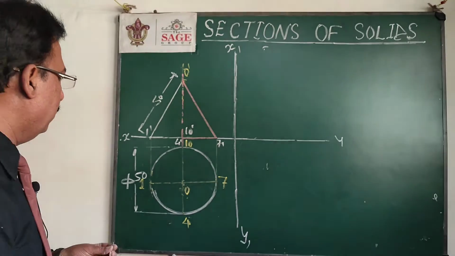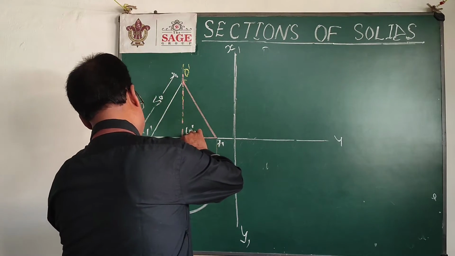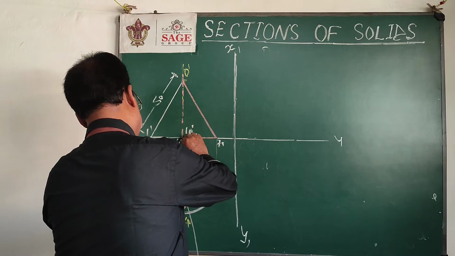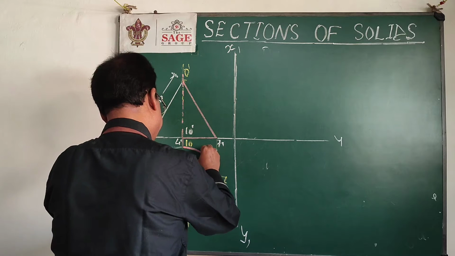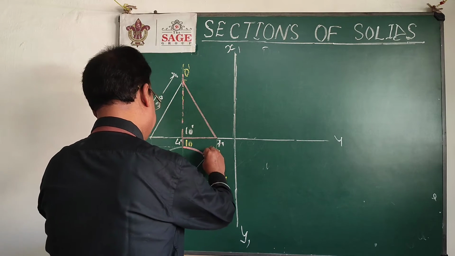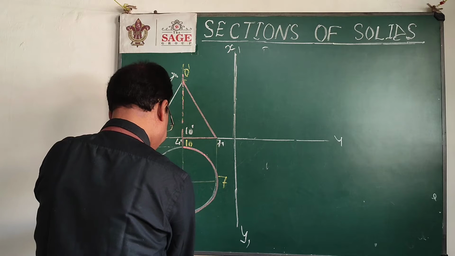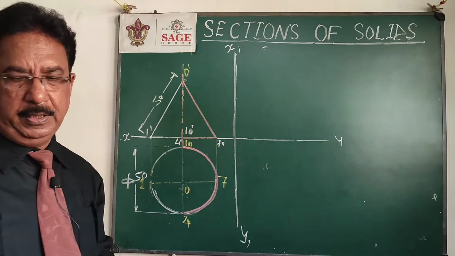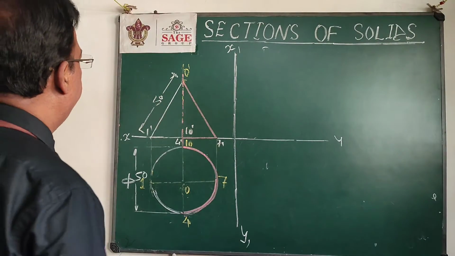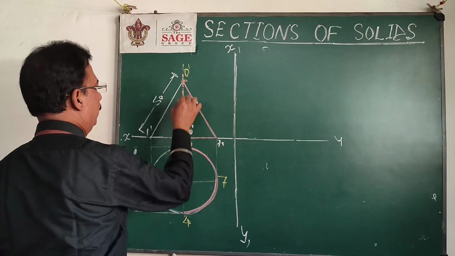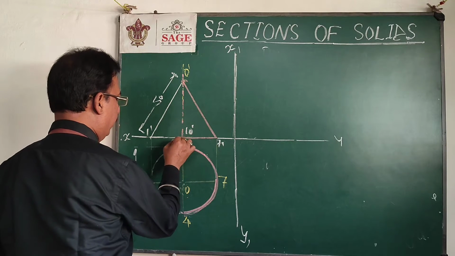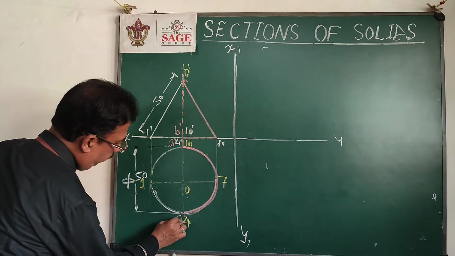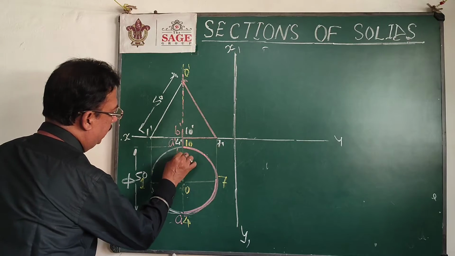So I will change the color of the half of the circle also, so that will be like this, that will be like this. So this is the portion remaining with us, the half cone. The cone is exactly divided into two halves, and suppose this point will be O dash, and suppose the front side point will be A dash and the back side point will be B dash.